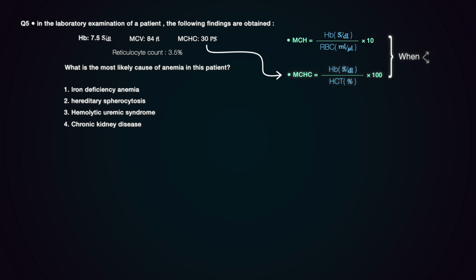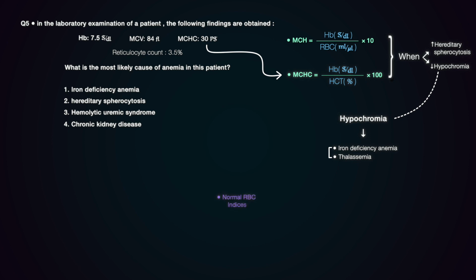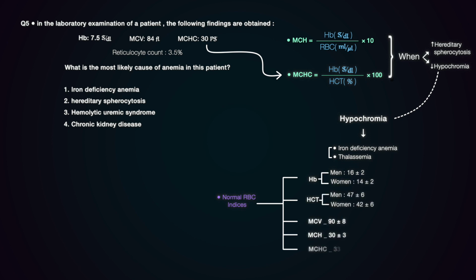When they are decreased, they are compatible with hypochromia, such as iron deficiency anemia or thalassemia. When the MCHC is increased, it is compatible with hereditary spherocytosis. Here are the normal RBC indices. According to the standard range, in this case there is an anemia with normal MCV and a normal MCHC. So you could see that option 2, hereditary spherocytosis, is excluded because the MCHC of the patient in this case is